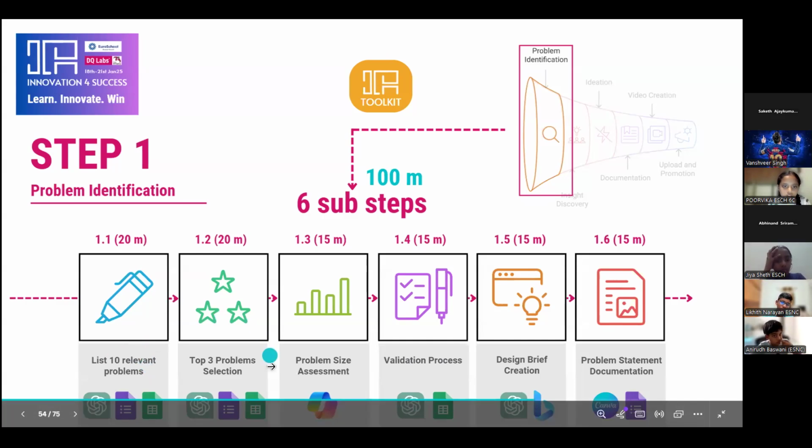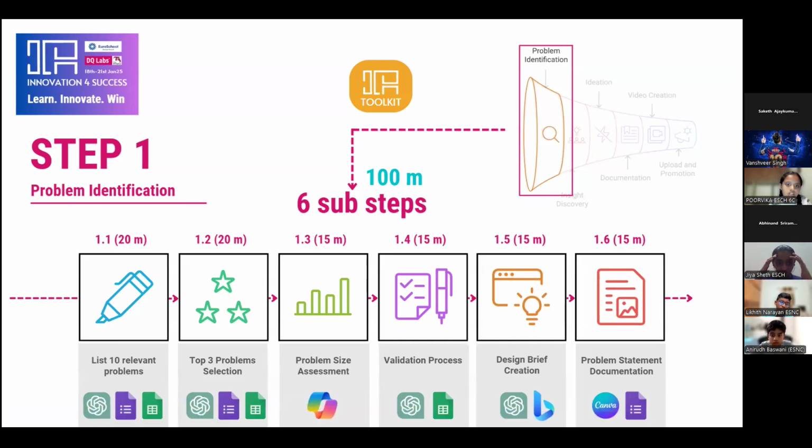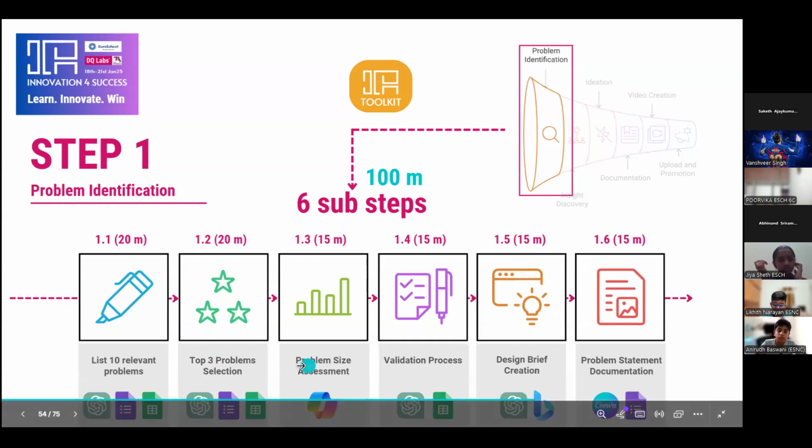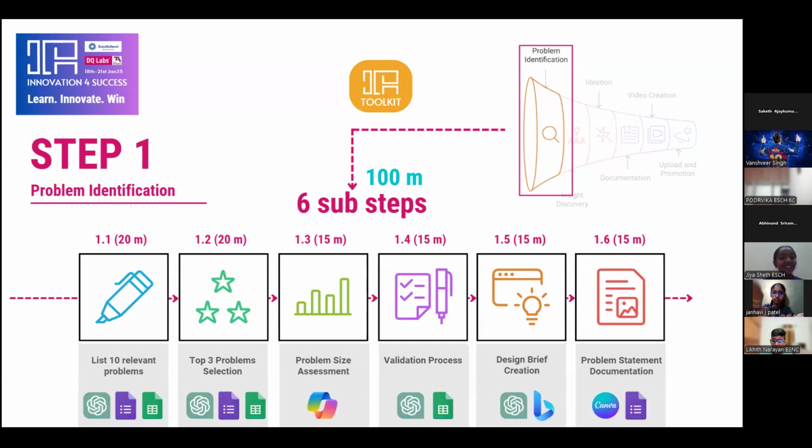After that, you will be shortlisting and trying to get only the top 3 problems which you think are the best. And then you will be trying to find data, and whichever problem you think has the biggest impact, that's the problem you'll be choosing. And that's what you'll be putting on your first slide as well.